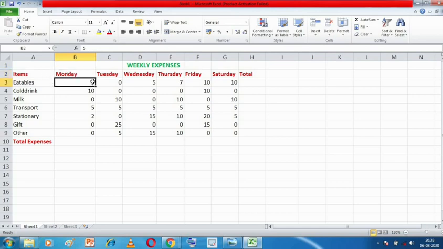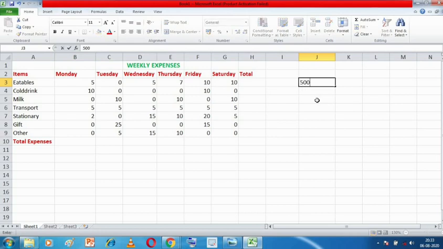In this cell, J3, if I type a number, suppose 500, see, I'm typing it but I have not entered it. As soon as I press the enter key, it went to the right hand side. So by default all the numbers are aligned right. But can you change their alignment? Yes, you can.